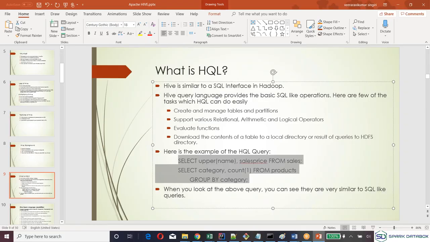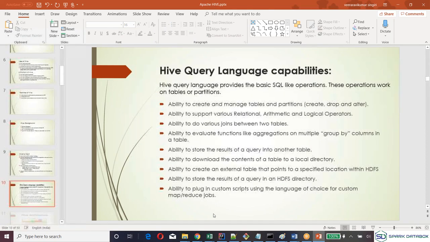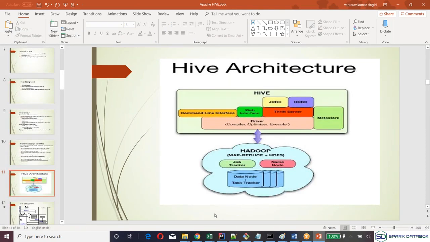Okay, it does not exactly support all your SQL, but a few of them will be supported. All arithmetic operations or string operations and others will be supported. Subqueries are not supported, but there is another way to use subqueries. I will show you that. This is the architecture, how it looks. Hive is on top of HDFS and Hadoop only. Without Hadoop services started, you cannot use Hive.